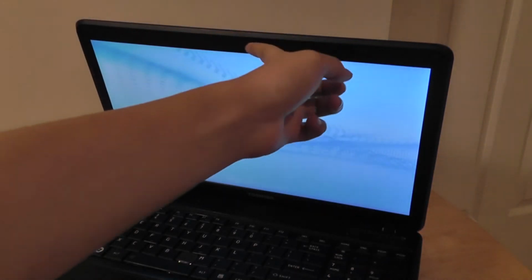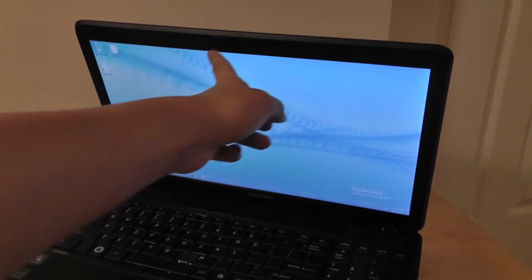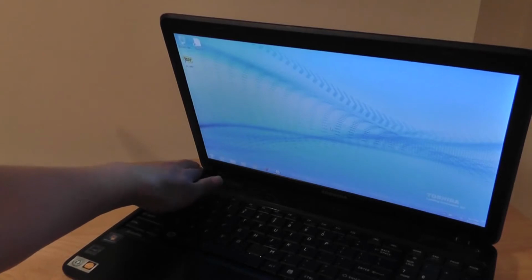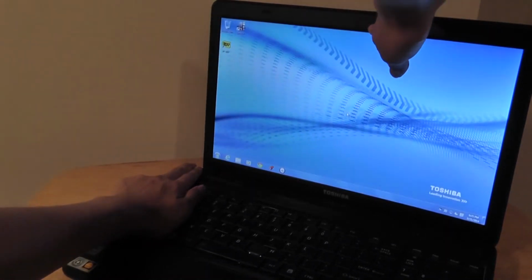Taking a look at the design overall, on the top here we have a microphone, but unfortunately we do not have a front-facing camera for video conferencing, so you have to plug in your own webcam if you want to use Skype or anything like that. Otherwise, the product can again be opened up, and the hinge does a pretty good job of supporting the laptop's